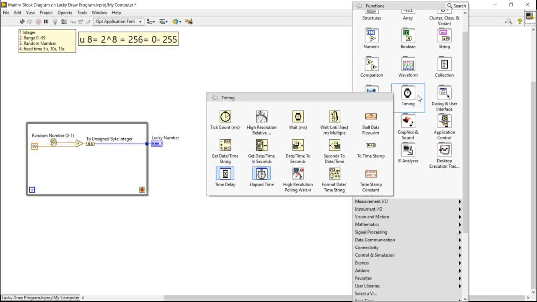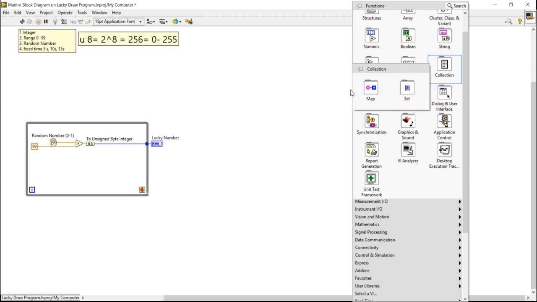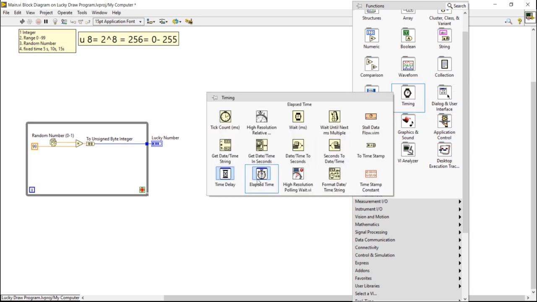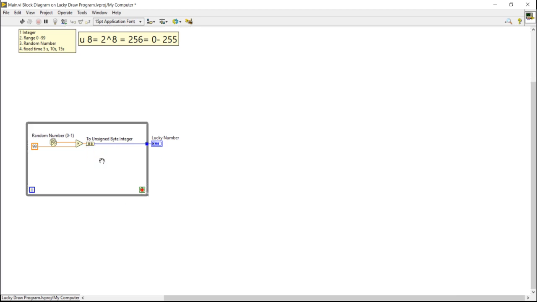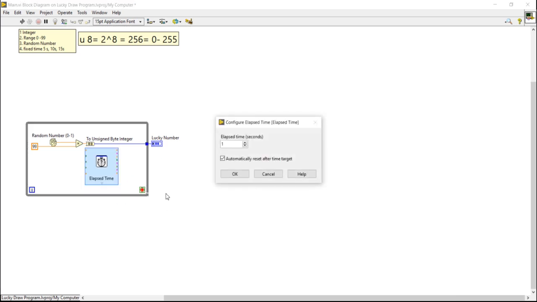Now click on elapsed time and place it inside.